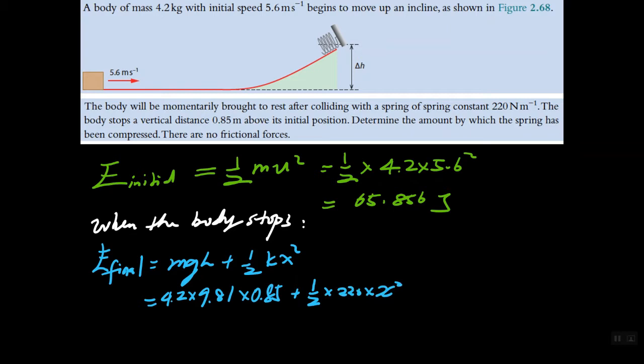The question asking the amount by which spring has been compressed, so we are looking at x squared. Solving this gives us 34.99 plus 110x squared, and equating initial to final energy, we have